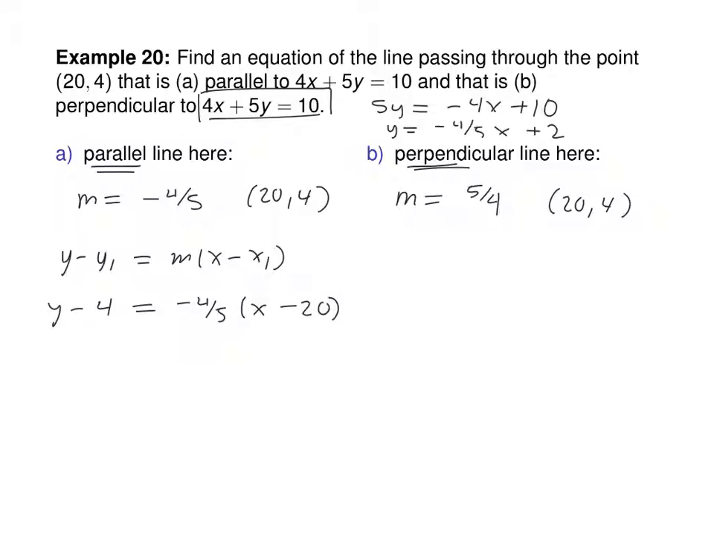Just get the y by itself there. Second one is y minus 4 equals 5/4 times x minus 2. And I was kind of nice because I made a problem where 4/5 times 20 works out well, and 5/4 times 20 also works out well. Is that all right? Okay. I do realize that with this